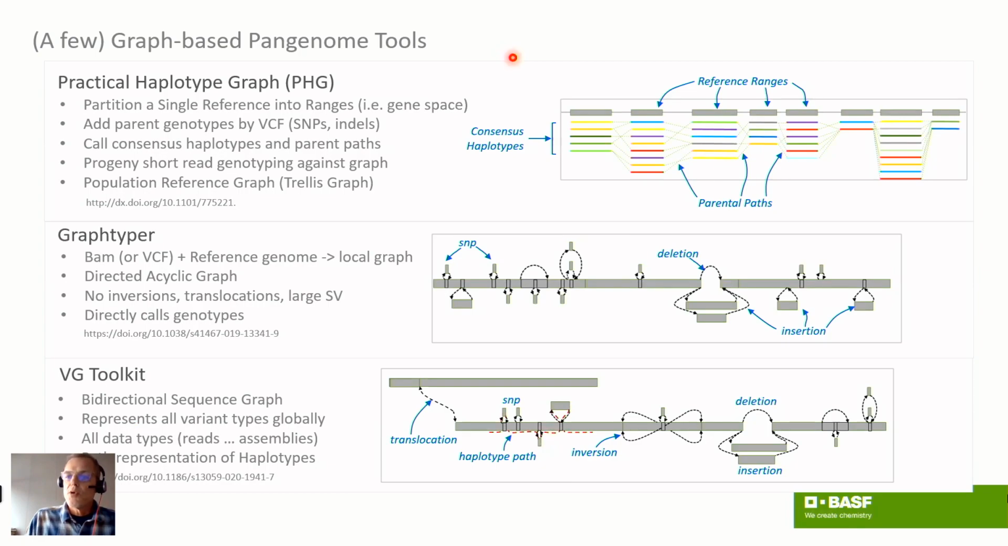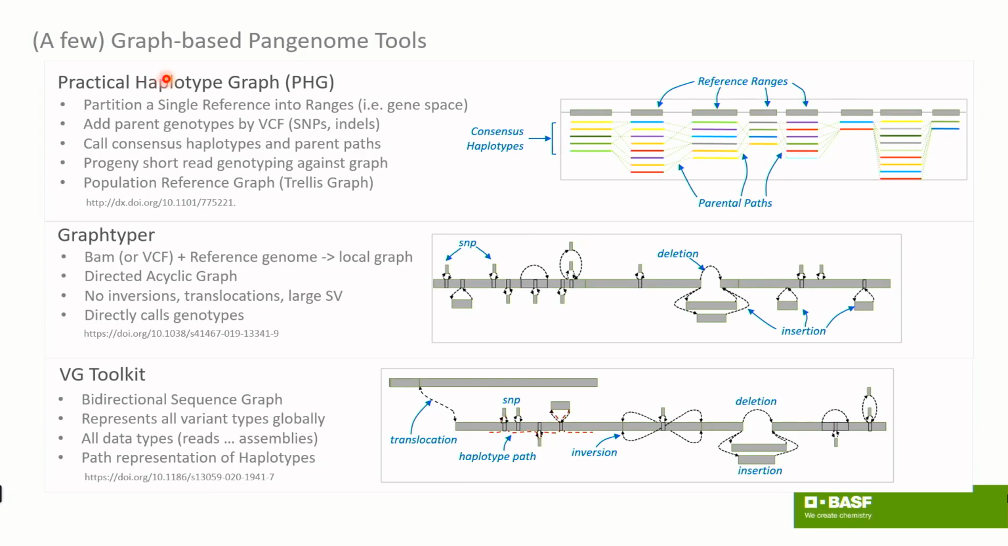There are quite a number of tools published in the literature and also available from companies like KeyGene. I list three here. We have on this slide practical haplotype graph, GraphTyper, and variant graph toolkit. And these complicated, noisy diagrams attempt to show some differences between how these tools structure the genetic variation. So starting with practical haplotype graph,